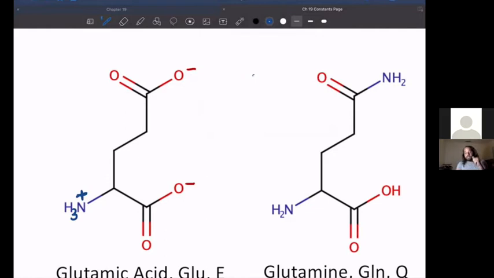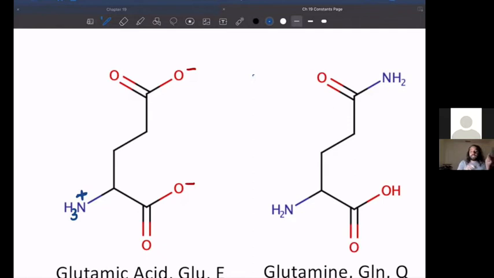I'm going to be honest, your textbook is pretty good about giving it to you in this physiological state. However, I know from experience that's not how it's usually given. And so although they're telling you the amino acid is glutamate, truthfully, you will see it referred to as glutamic acid in the literature way more. There are historical reasons why that's the case. Again, the charged state at physiological pH wasn't really appreciated at first.